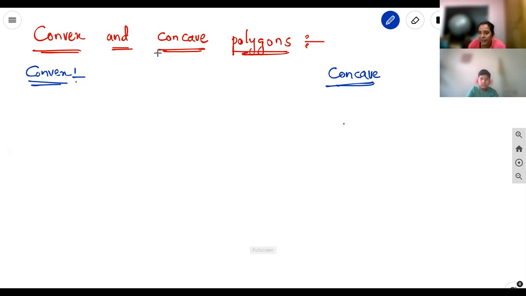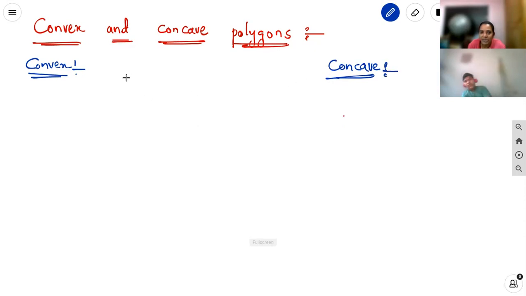The concave lens and convex lens are used in spectacles and in car side lights. What is the difference between convex and concave? If we draw some lens, whatever the lens, in any lens we can draw the diagonals.